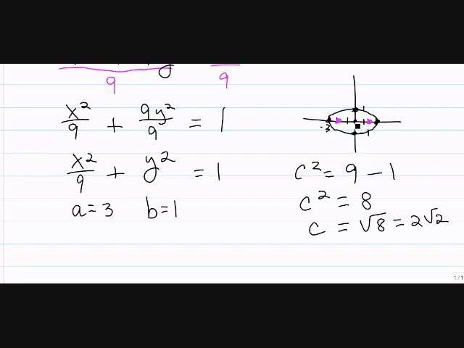The center is at 0, 0. If I move to the right, I know I'm going to be moving left and right because I've got one of these horizontal ellipses. So 2 times the square root of 2 from this center is the point 2 square root 2 comma 0. The other focus